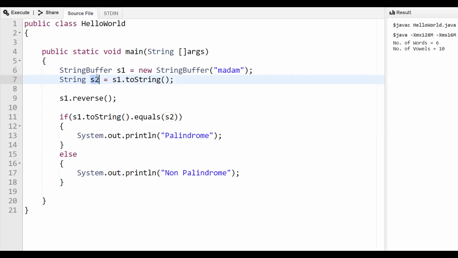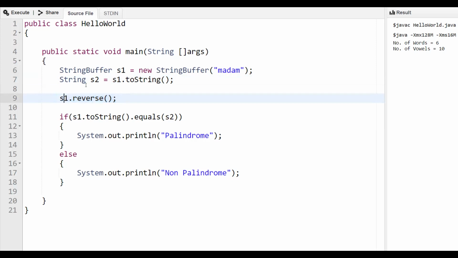So why are we storing it initially? Because when we reverse it, the original string will be lost in the StringBuffer. So s1.reverse: what does this method do? It will reverse the string, and the reversed string is present in the StringBuffer s1 itself.